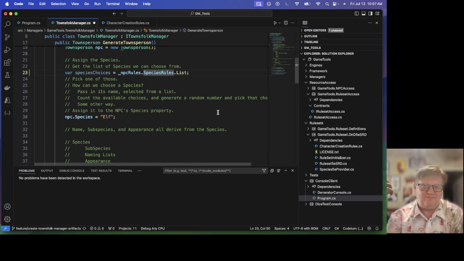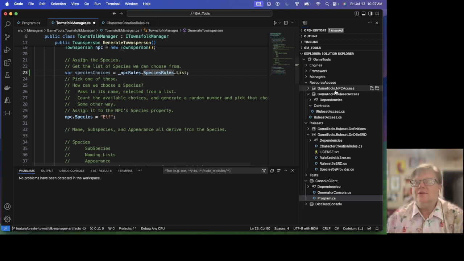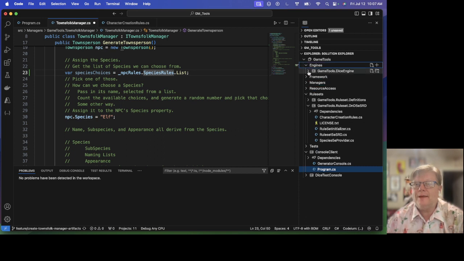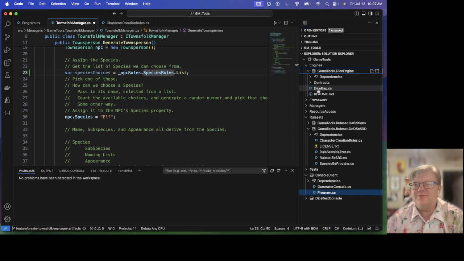I want to simulate shuffling cards so that we can pretend that we've got a stack of 8 cards, shuffle them and pick the top one, and that's going to be our species. So a good place to put that, I think, would be in our engines. Now, I don't want to add this to the DiceBag class,